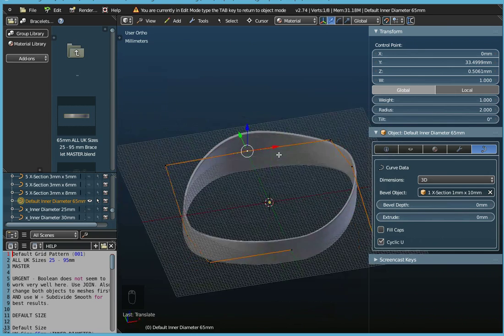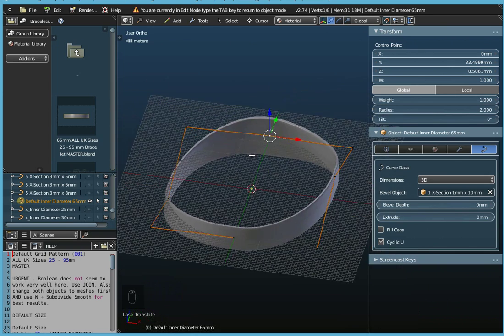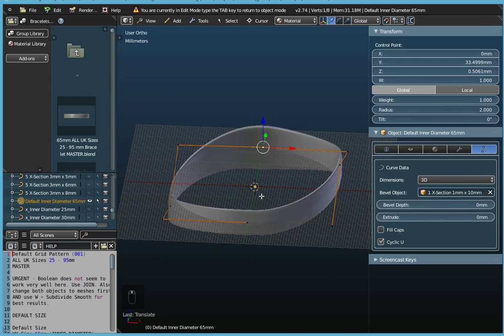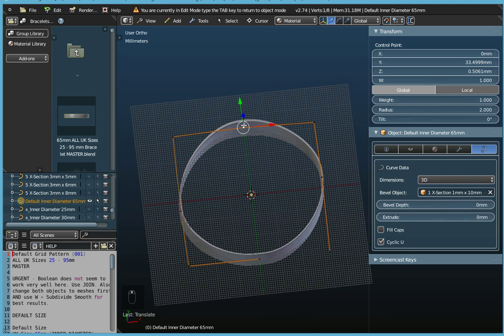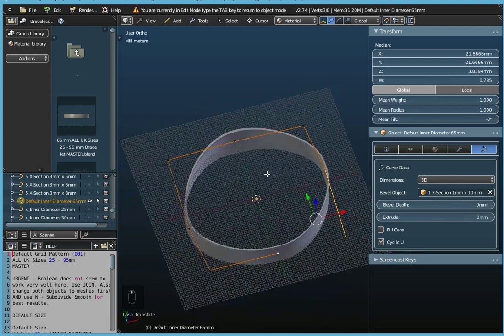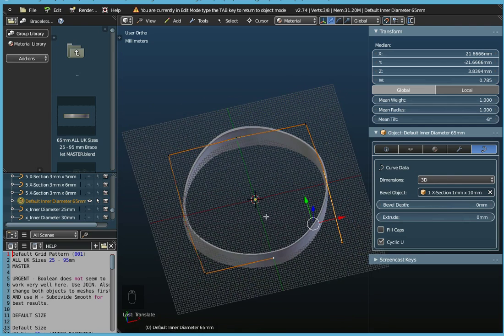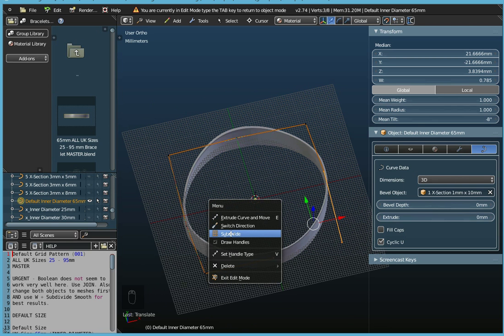Okay, so those are some changes that I can make to distort my object to give it a different appearance while in edit mode. Now, one other thing that we could do is, as we've noticed already, there's 1, 2, 3, 4 control points just touching the bracelet, and then 4 additional control points on the outside. If I actually highlight those 3 control points, and I did that by holding down the Shift key and clicking on them, if I now click the right mouse button and do Subdivide, now what Subdivide will do is it